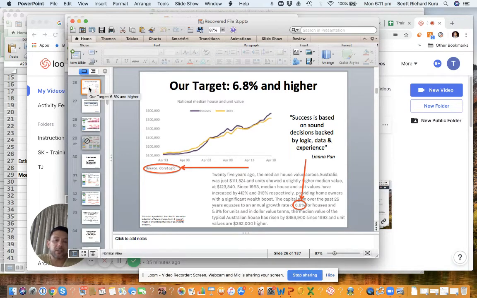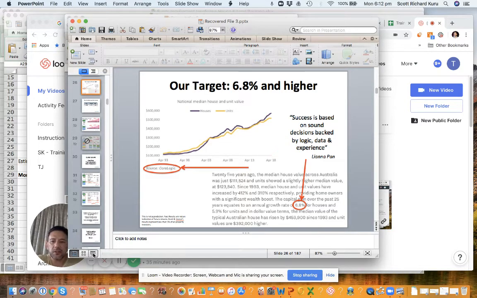Now we sometimes get the question, why has Freedom Property Investors recommended that we invest in an area that has not had much recent growth in the past? Now this is actually a good question, and to answer it, I just want to educate you a little bit more about how the property market works.